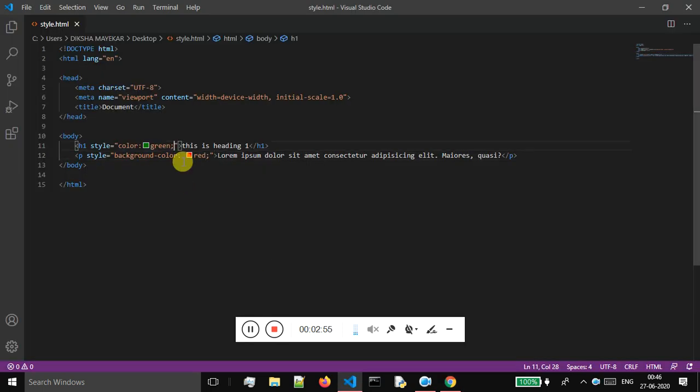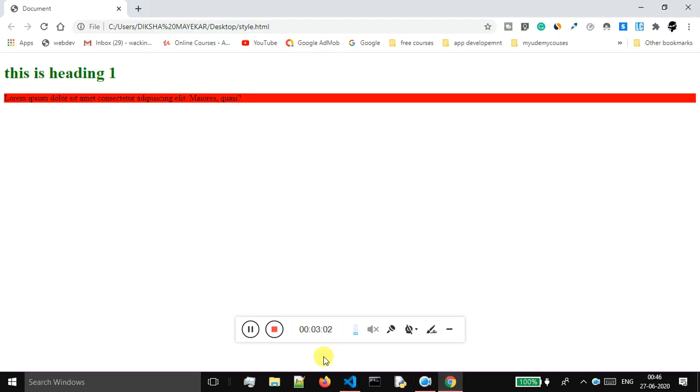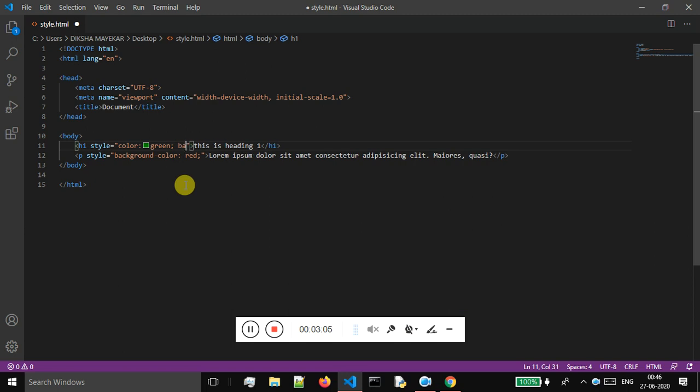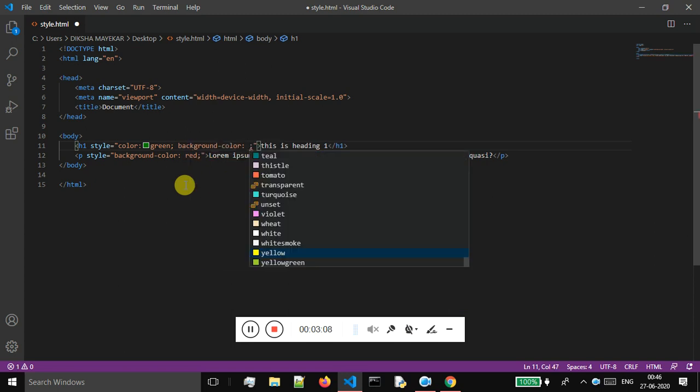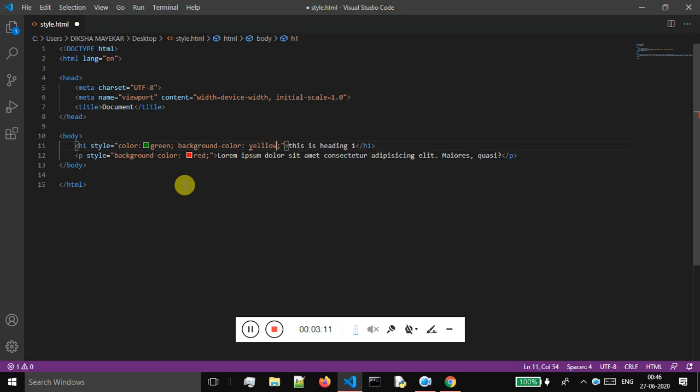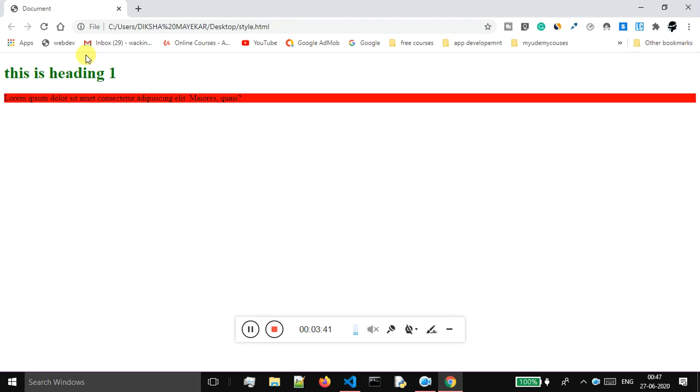If I want to give multiple properties, then I can do that as well. If suppose I want to change the background color of this heading h1, then I can do that also. I will say background color, and I will say yellow. So you can give multiple properties and values, but make sure that each property and value pair is separated with the help of the semicolon. So currently this is one property and value pair, and this is the second property and value pair. Now if I save this, come over here and refresh,